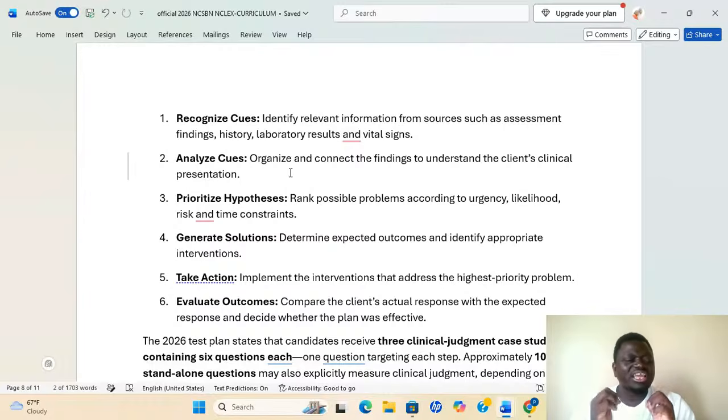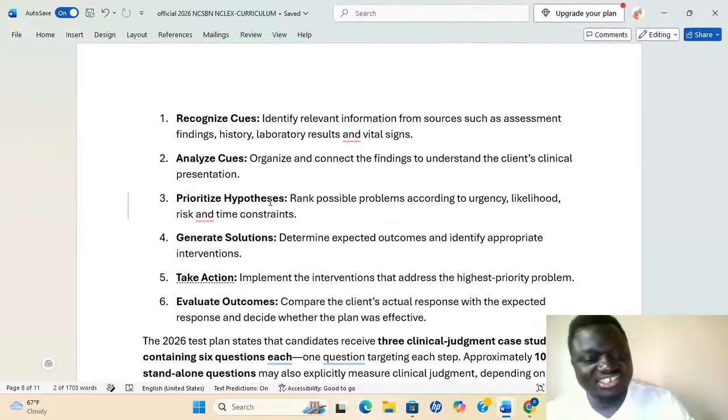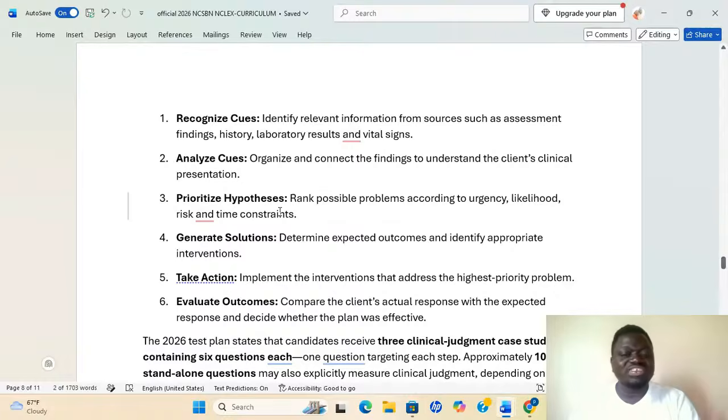all asthmatic emergency patients will not come with one sign and symptom. Every patient will come with its own signs and symptoms. Like a heart attack, males will come with their signs and symptoms. Females will come with abdominal pain, no chest pain, but they have a heart attack. So you prioritize your signs and symptoms, your labs, your vital signs. You prioritize which one you should start first, and time constraints, very important.